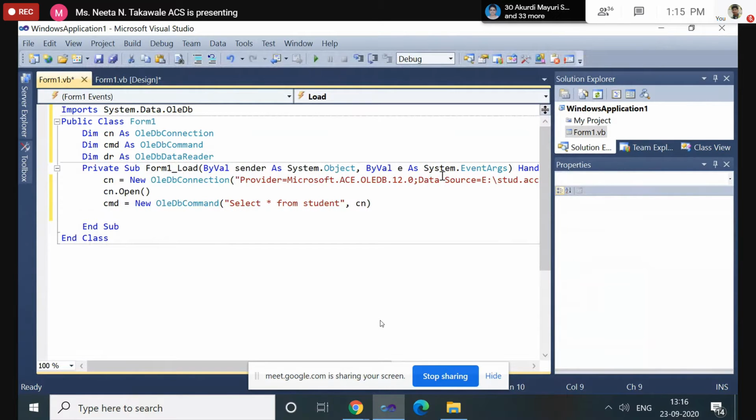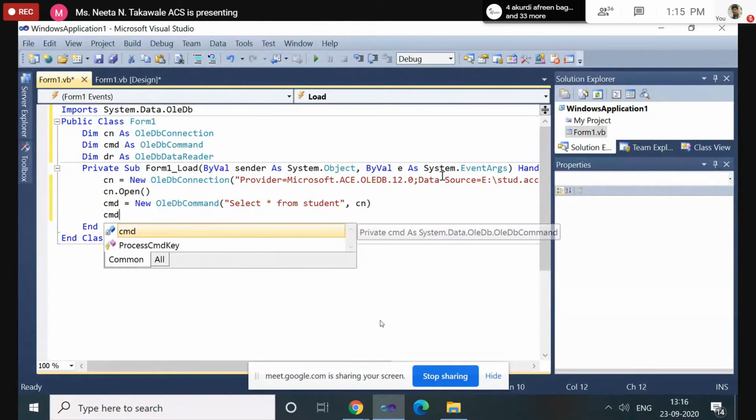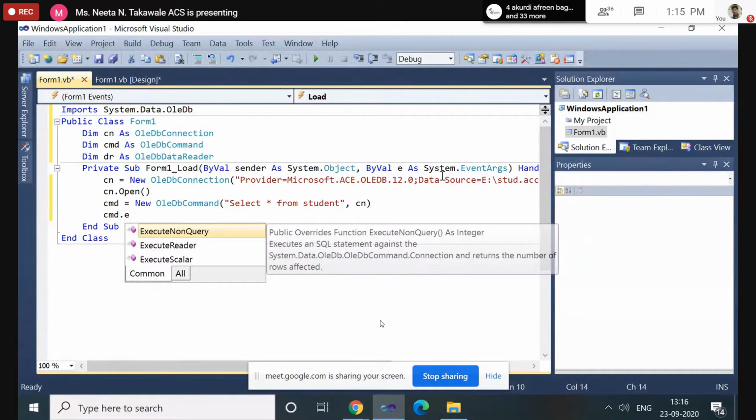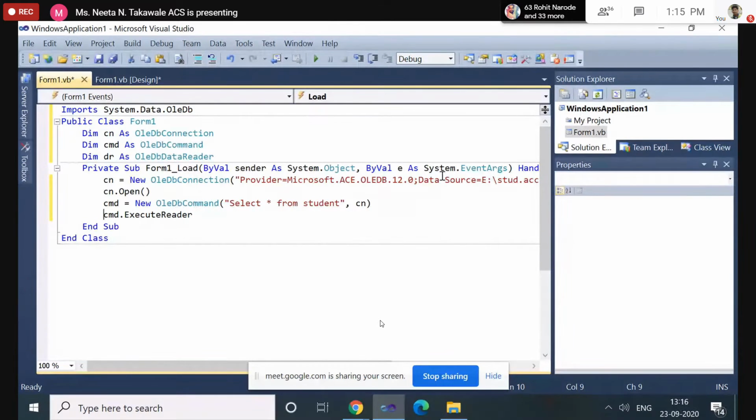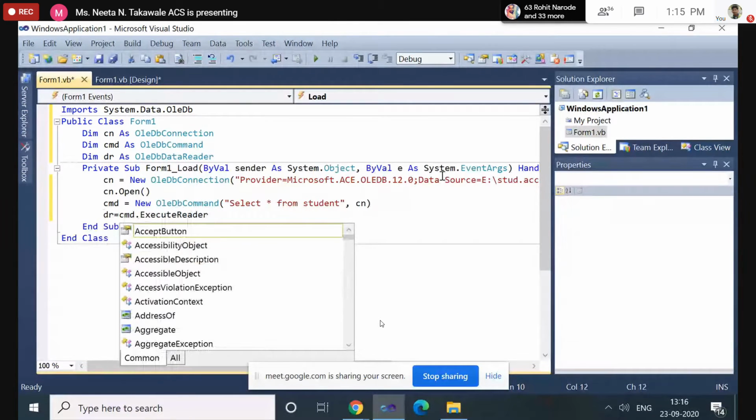Once you have defined the query, the next step is to execute that query. You can execute it with the help of cmd.ExecuteReader. With this method, you can execute that command and store the result into the data reader object.